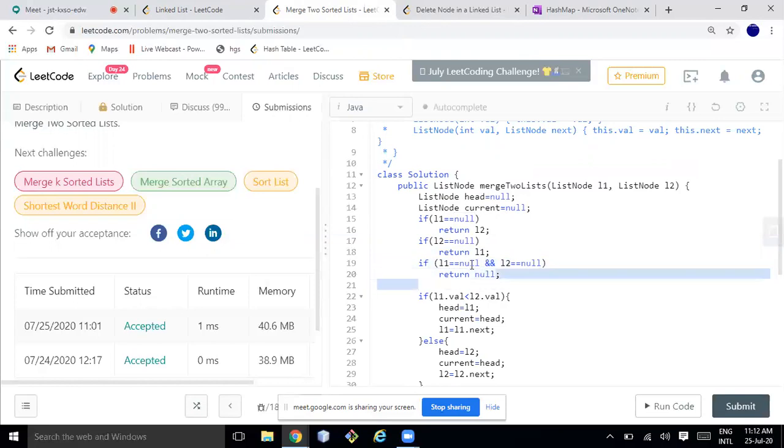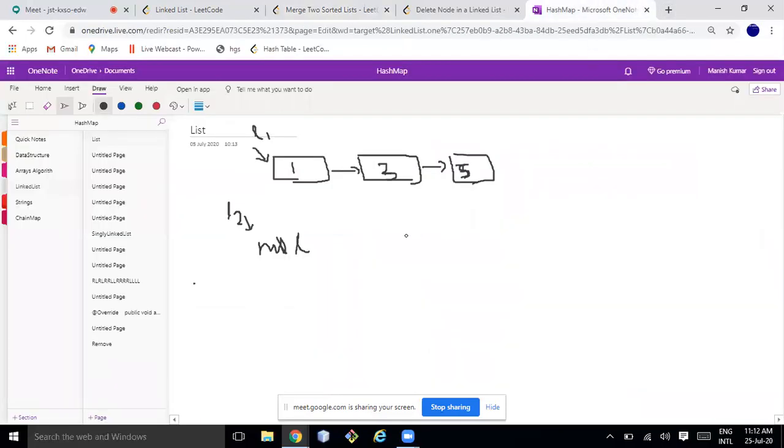Okay, so this is the basic assumption. The first assumption. That's cool. So we solved this. Let's move further. Another assumption: let's assume both lists are of equal size.